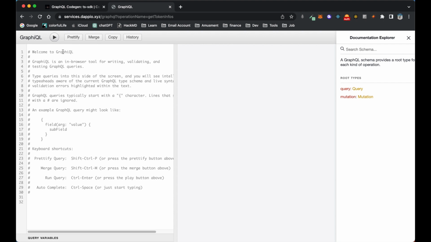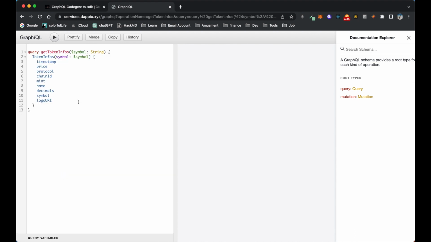So, for example, we are going to fetch this GraphQL endpoint called service.xyz, which I created before. By using this GraphQL endpoint, we will be able to see the information of the DeFi and Solana DeFi protocol. For example, if we want to see the token info, including price, protocol, chain ID, and the symbol, we can just pass the symbol